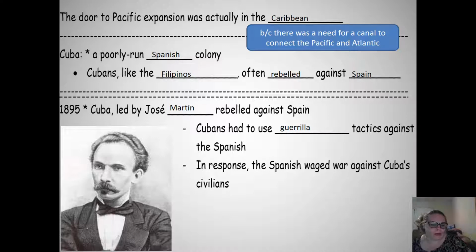So it's not going to work well in the Cubans' favor because the Cubans have a smaller army than the Spanish. So the Cubans have to resort to guerrilla tactics, which is what our soldiers in Afghanistan and Iraq are facing now. There's no way to tell who the enemy is. They don't put on a uniform. Okay? They don't march up against you and say, hey, I'm against you, I want to kill you. So the Spanish didn't really know who the rebels were and who the normal Cuban citizens were. So in response, the Spanish just waged war against everybody in Cuba. And unfortunately, that's the only way to win a guerrilla war. You just have to kill everybody.